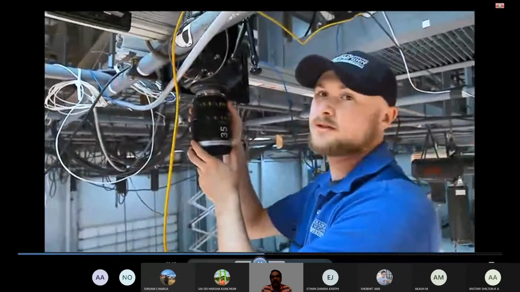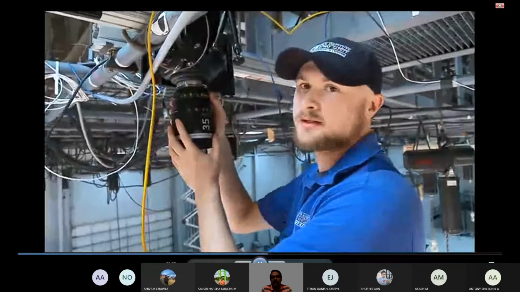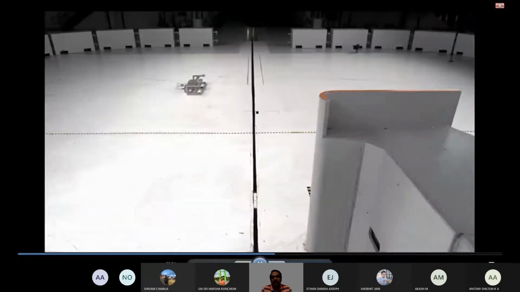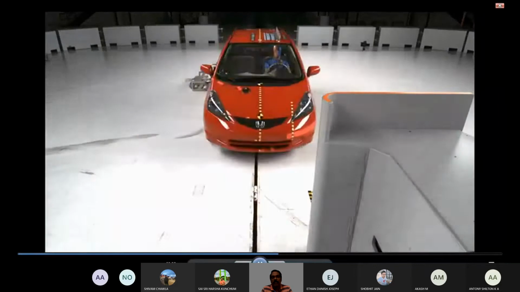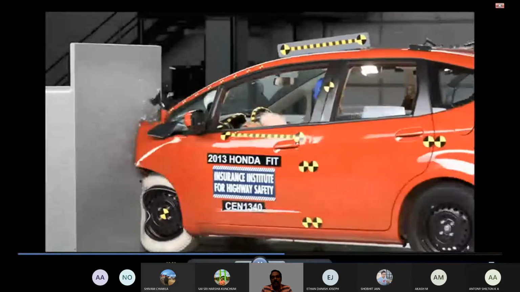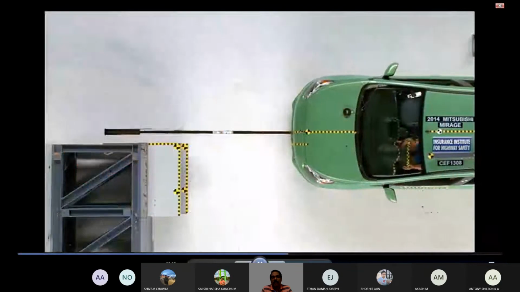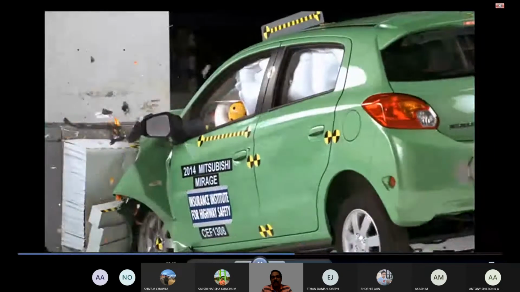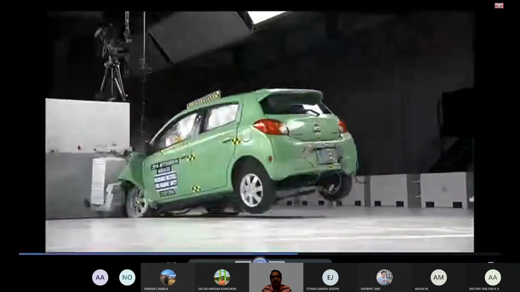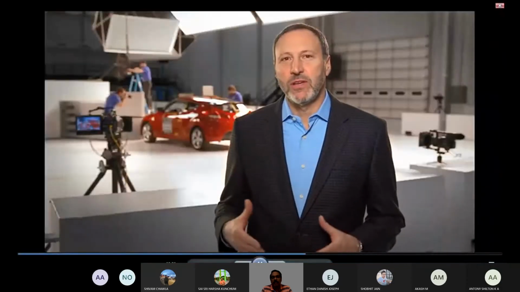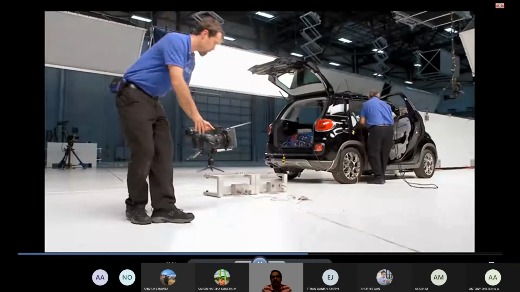I just finished installing our overhead digital imager. This gives us a really nice top-down view of the impact. We set up cameras in various locations so engineers can analyze the crash from multiple angles and so that we have the shots we need to tell the story. All of the digital imagers are connected on the same network and start recording at the exact same time. In addition to our slow motion cameras, we use a number of real-time cameras to convey a sense of how